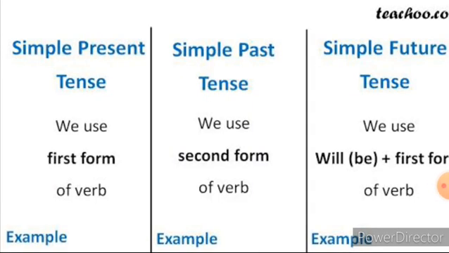Children, let's again recall tenses. The tense of a verb in a sentence expresses an action. It tells the time of an action. That is, tenses refer to the time of an action. Tenses are divided into 3 types. That is past tense, present tense, and then future tense. The past tense consists of simple past, past continuous, past perfect, and then past perfect continuous. In the same way, in present form: simple present, present continuous, present perfect, and then present perfect continuous. The same way for the future tense: simple future, future continuous, future perfect, and future perfect continuous.